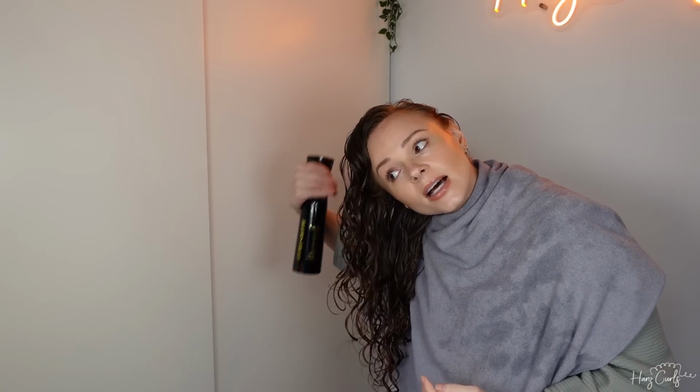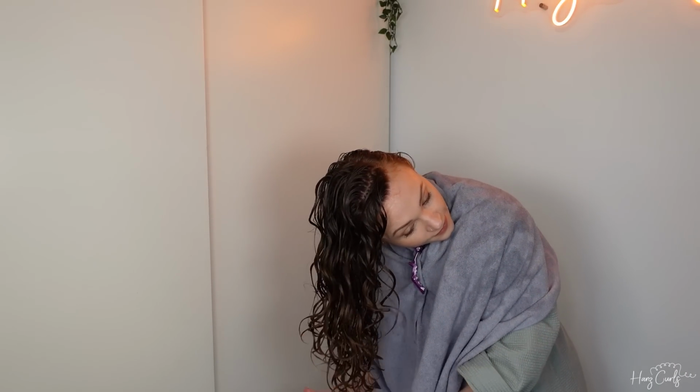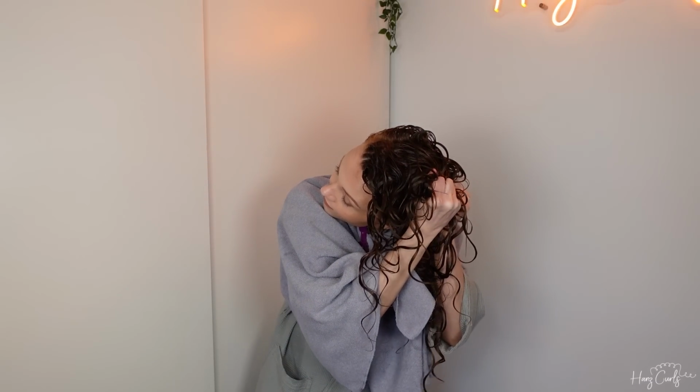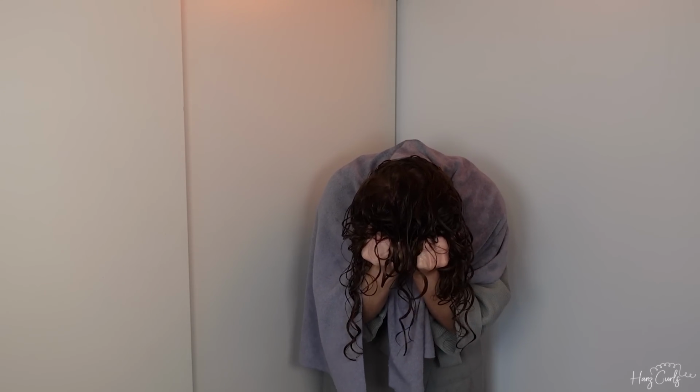My hair was definitely a bit wetter when Fran was styling it, so I'm just going to add a bit more water. But look at the ringlets already. Scrunch. Flipping forward and scrunching. And at this point she removed some excess water, just a little bit, and then glazed over just a little